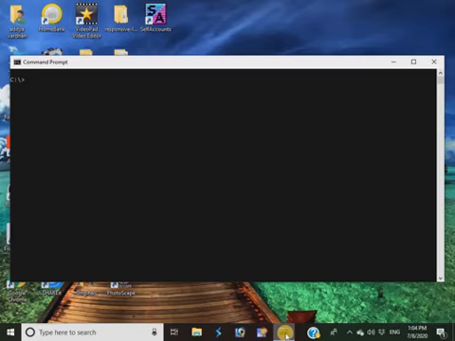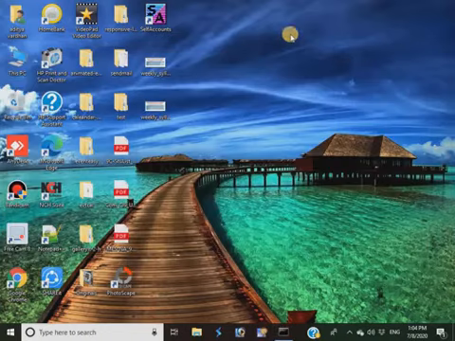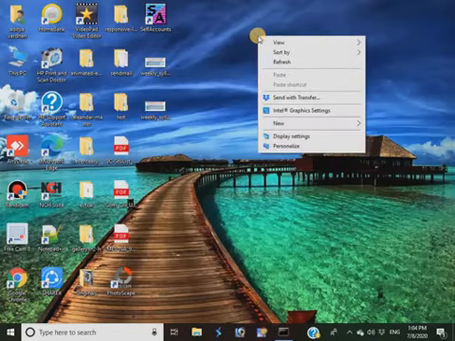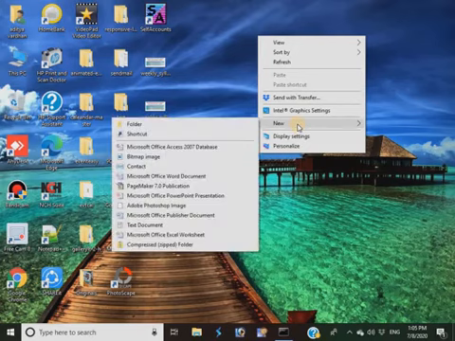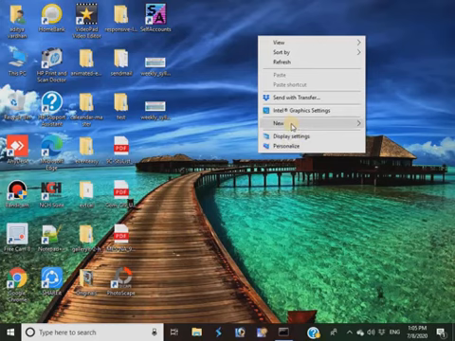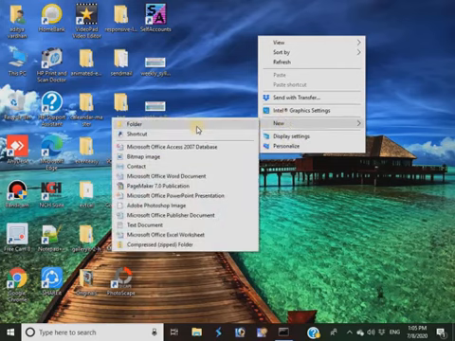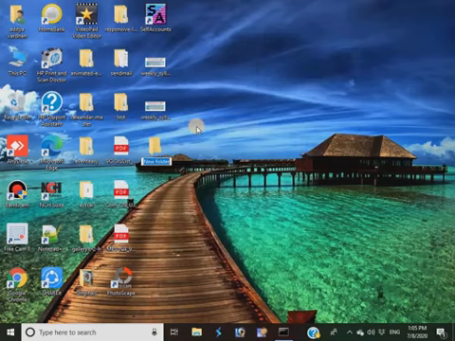Suppose we require to create a folder. As you know, it is too easy to create a folder in the GUI operating system. How? Right click onto the desktop, and when the shortcut menu appears, click onto the New option, and an adjacent menu will appear. Now click onto Folder, and now you have created a folder. You can change the name of the folder to nkm. So this is the folder.